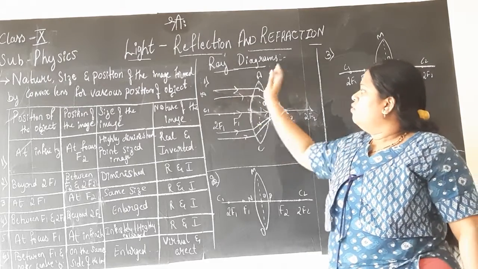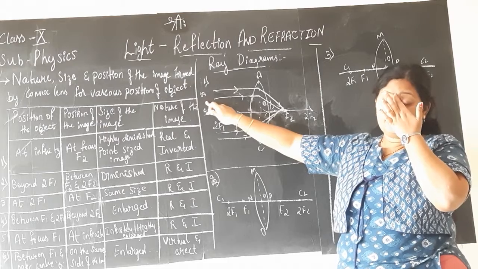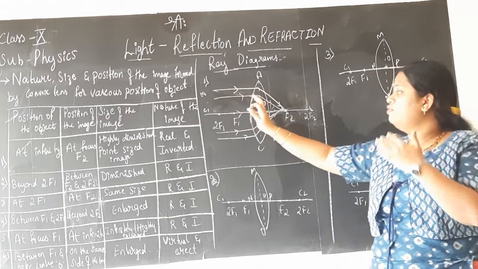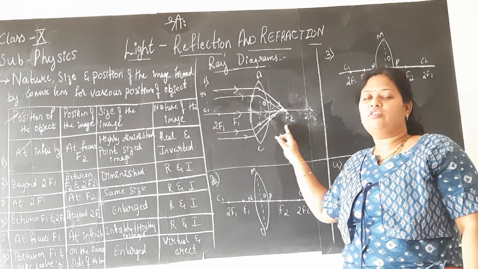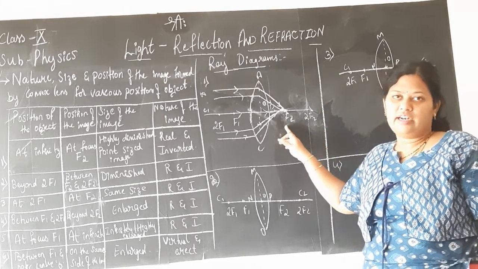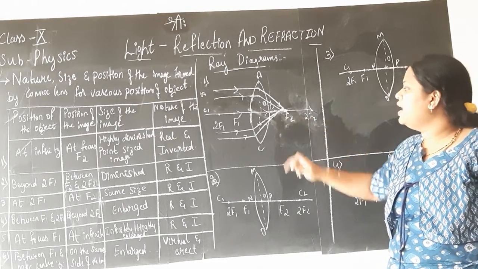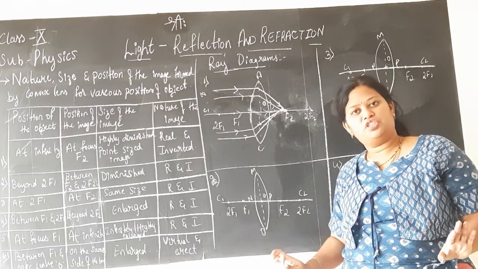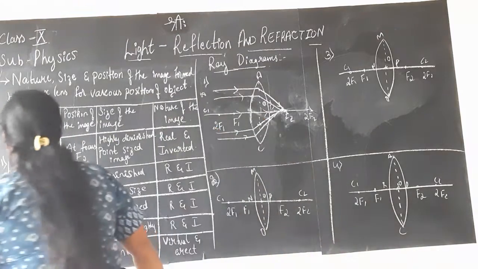Now, what did we just do is, we considered a ray of light when the object is placed at infinity. The rays of light will fall on the lens and converge at the principal focus of the lens on the other part of the lens. Since the image is formed on the principal axis itself, the image is said to be highly diminished. Now let us check the nature here and compare with the table.